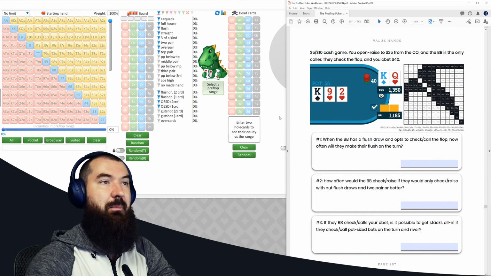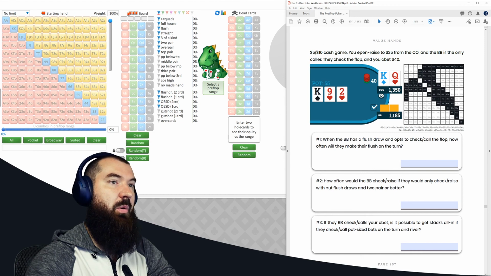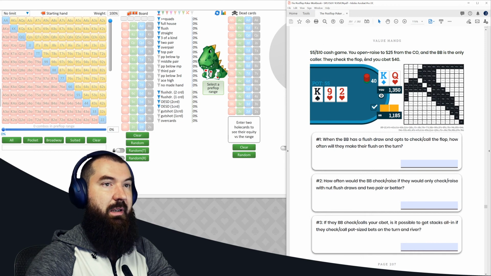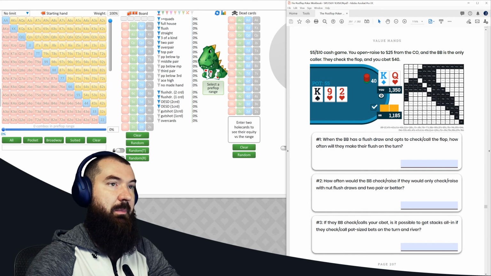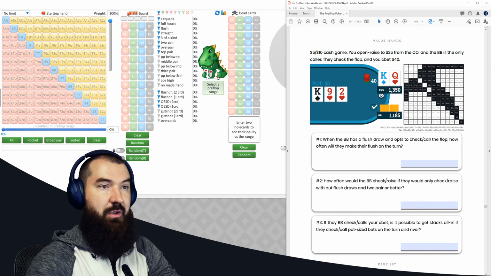Alright, so starting with the prompt, we are playing a 5-10 cash game. You open raise to 25 from the cutoff. The big blind is the only caller. They check the flop and you c-bet for 40, and we see all that right here. We have king queen, $40 c-bet, flop of king 9 deuce with a flush draw, and the big blind checks